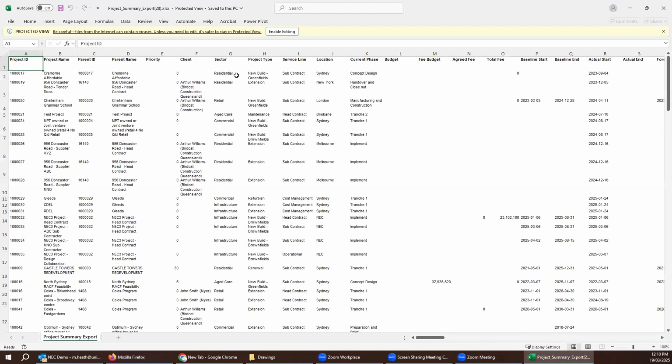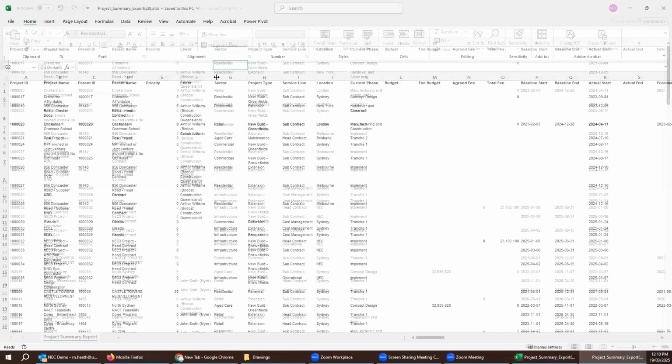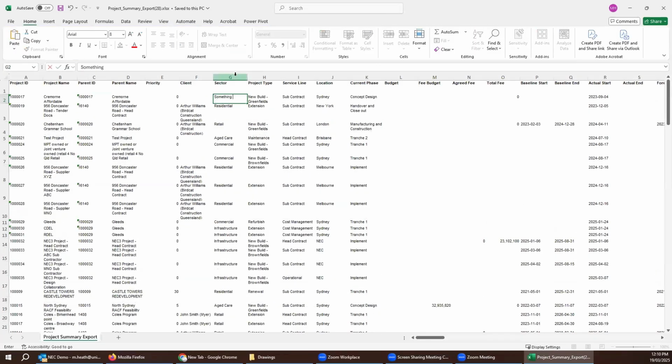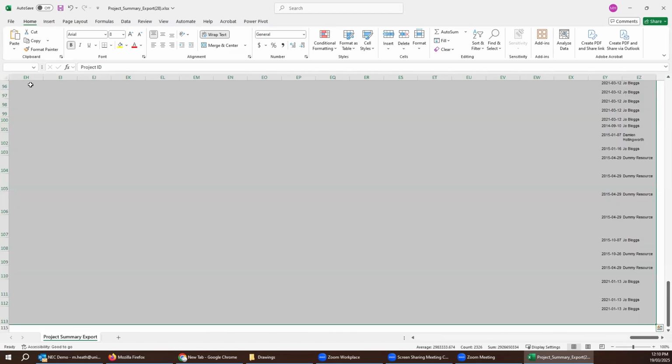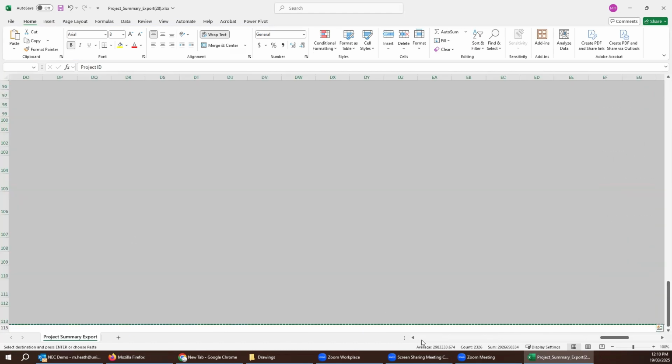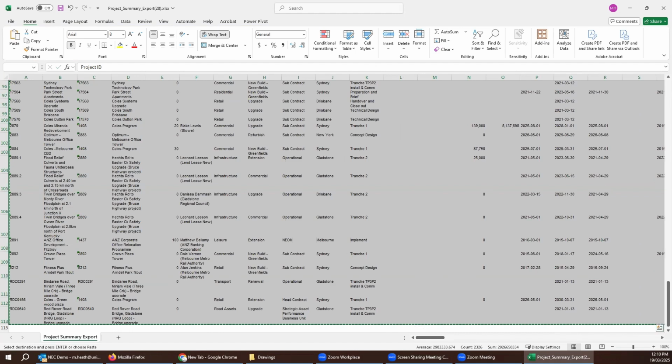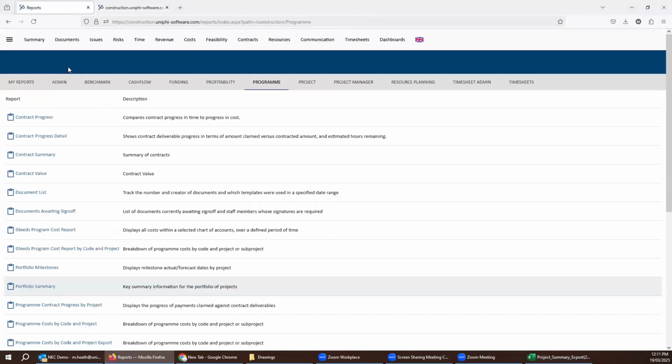And then what I'm able to do is, if I've changed this to be residential, affordable housing or whatever, I've changed it to something else, if I edit the spreadsheet correctly. I will have had to have set up that list in UniPhi in the admin, but that's not really what this is about. The main thing is that this metadata can be updated quite quickly by copying the table in Excel, which I've just done there. You can see they've got the little dotty bits around it. Coming back into UniPhi's summary screen